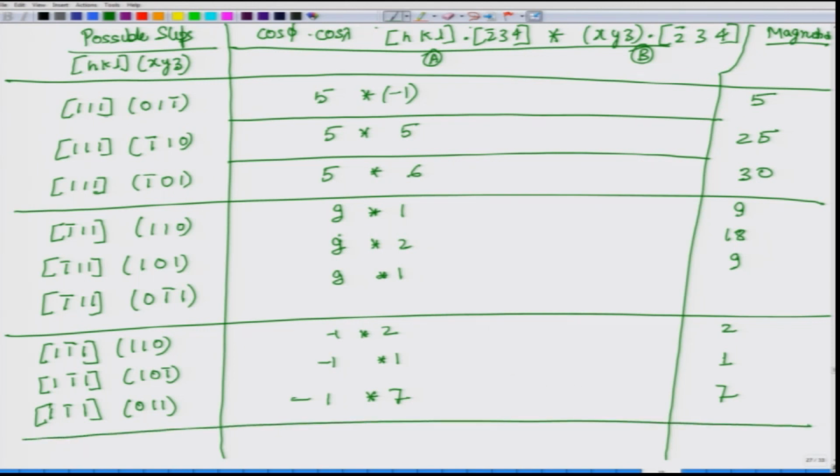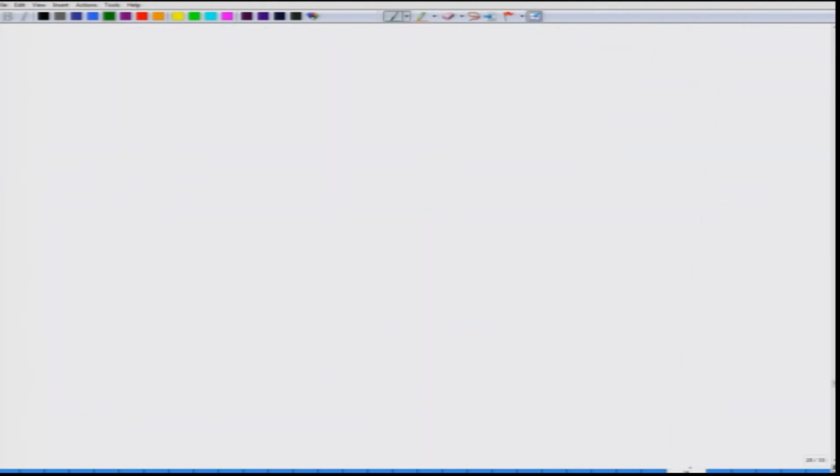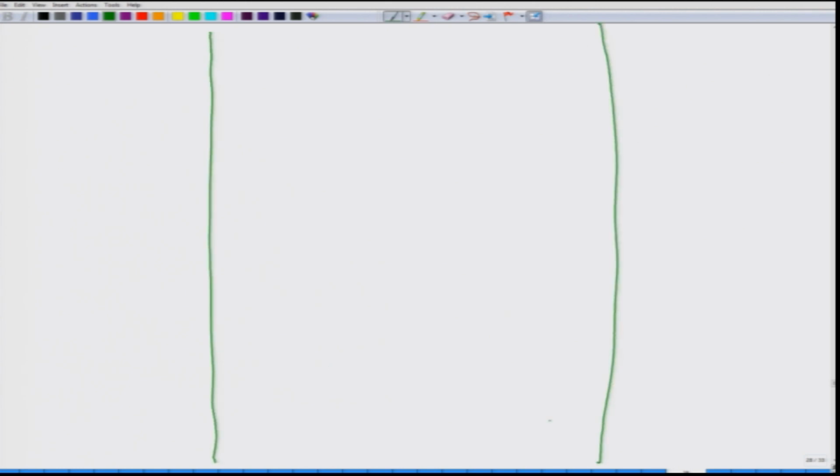Now at this point you have to ask yourself how many possible 1 1 1 directions there are, and the answer would be 4 different types of 1 1 1 are possible, and we have listed 3 here. So, there is one more possible 1 1 1 system, and that is 1 1 bar 1, and the planes which can contain it are 0 1 1, 1 1 bar 1, 1 0 1, 1 1 bar 1 and 1 bar 1 0.